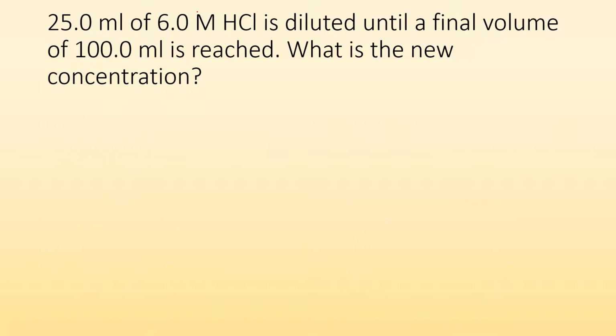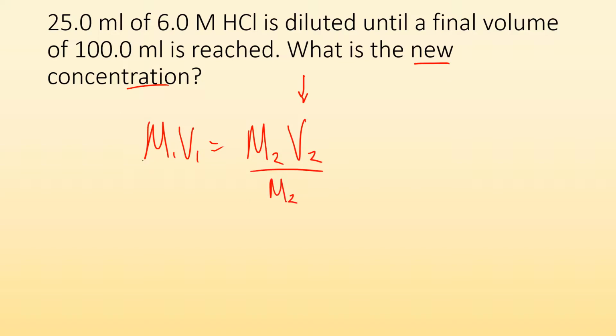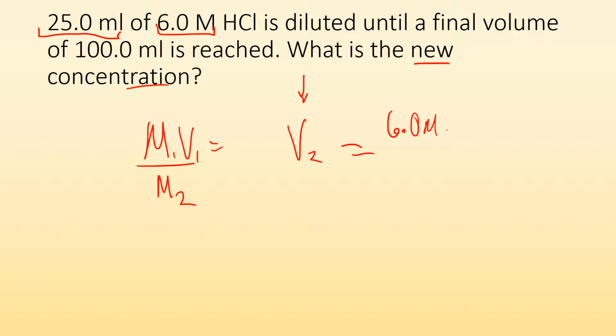So here's an example. 25 milliliters of 6 molar HCl is diluted until a final volume of 100.0 milliliters is reached. What is the new concentration? So they're asking for the new concentration. So let's see. I got M1V1 equals M2V2, and they want V2 by itself. So let me divide both sides by M2. And I get V2 equals M1V1 divided by M2. So let's see. My initial conditions is 25 milliliters of 6 molar. So I got 6.0 molar times